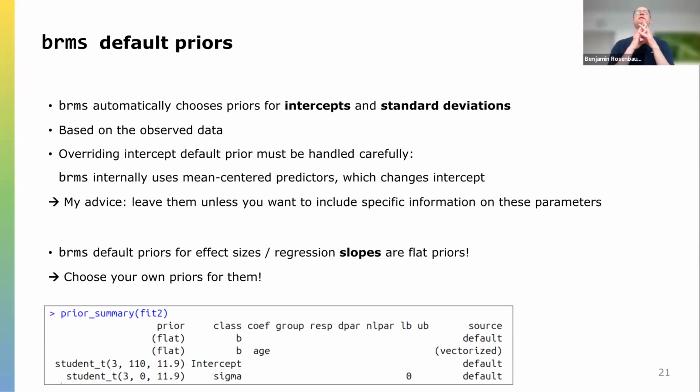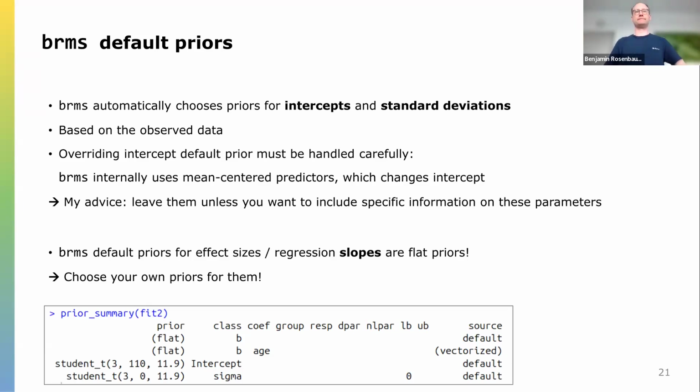So the prior is chosen for the intercept at some mean data point, and not for the intercept where x is equal to 0. So my advice is to not touch the intercept prior unless you have a specific reason for it. However, you can and should use priors for the effect sizes,